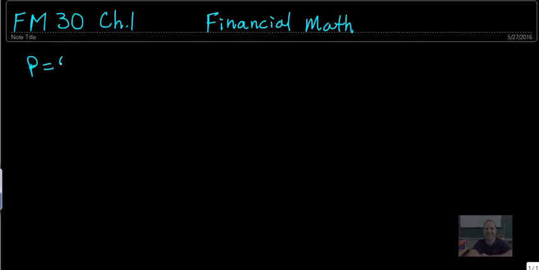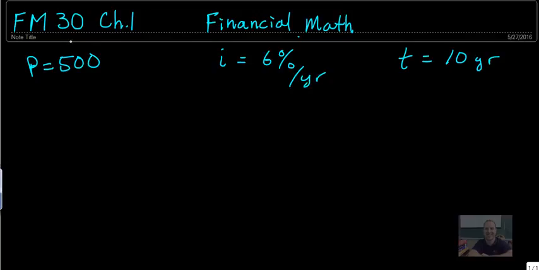So the principal is $500. The interest is 6%. Okay? And the term is 10 years. This is 6% per year, and this is years, so that's good. And this is dollars, right? We're talking about units. So the interest paid on the first year, because this is 6% per year, we have